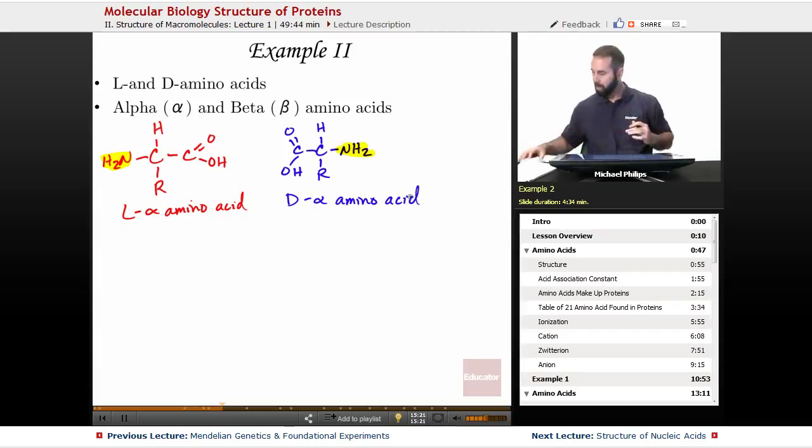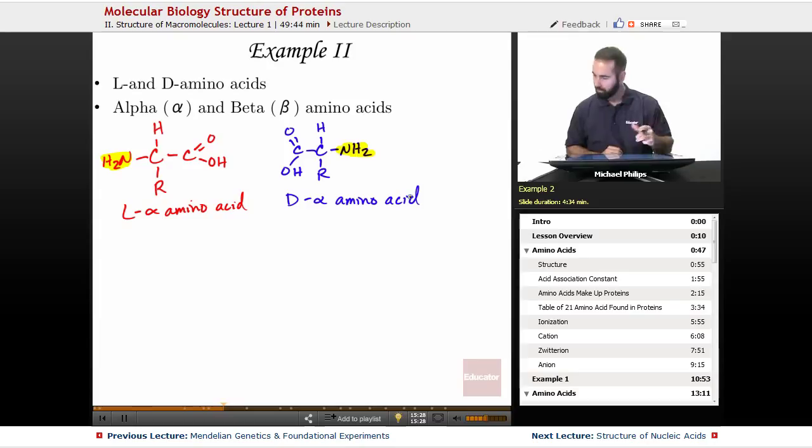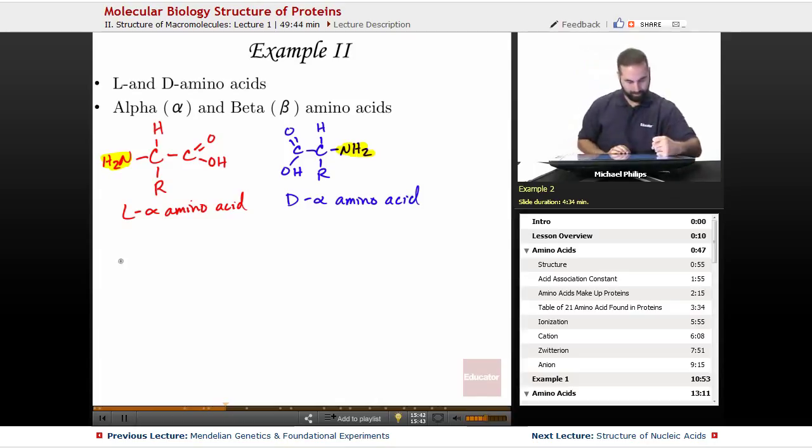Okay? All right, now what about the difference between alpha and beta amino acids? Well, let's do a general example, and then we'll do a specific example. So, for our alpha,